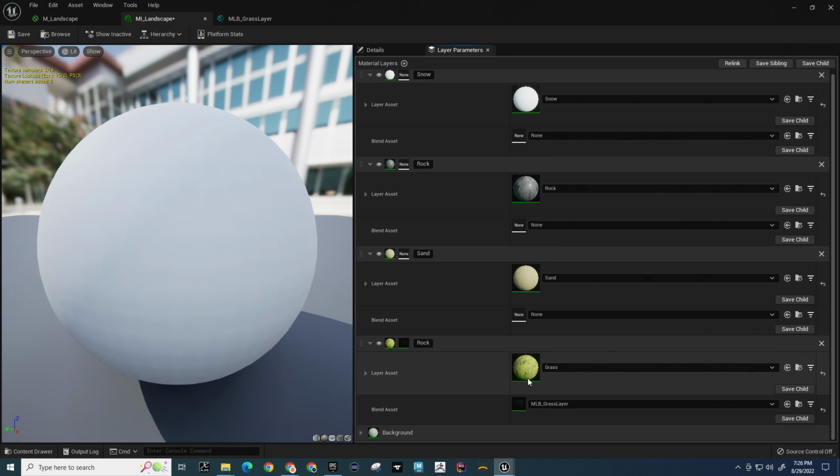So in order to do that, I'm going to go back. I could just plug in the textures, but before we do that, I'm just going to add a functionality to the material layer that I know all of the layers need to have, and that is the ability to tint